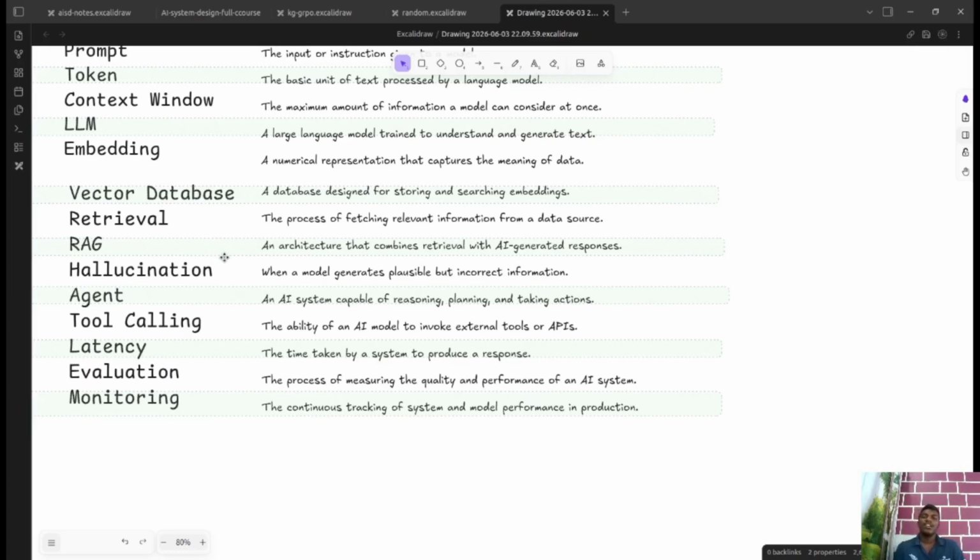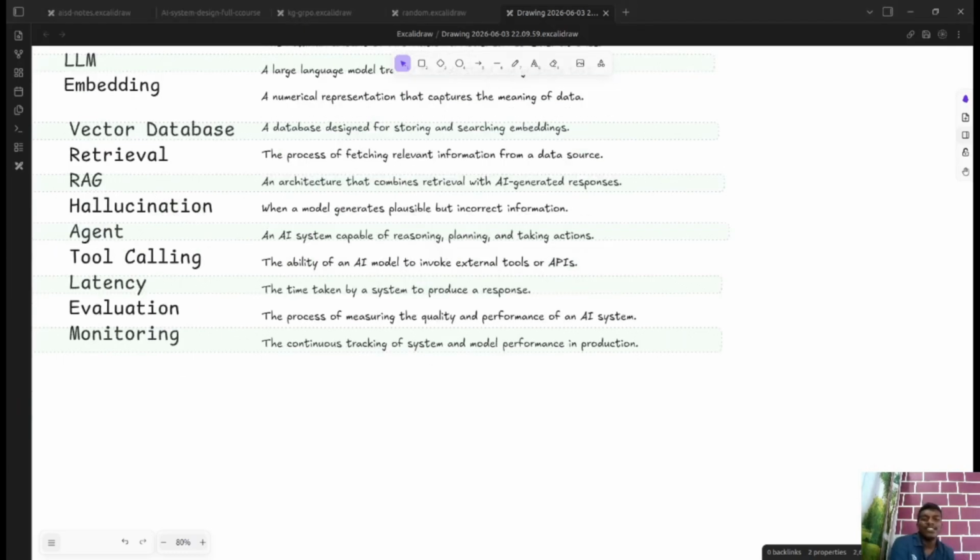Next part is hallucination. Hallucination is when an AI generates information that might sound correct and confident, but it's actually false or made up, or maybe unsupported by facts. For example, if you ask a student who invented the telephone, and the student writes Thomas Edison, it sounds believable, but it's actually wrong.